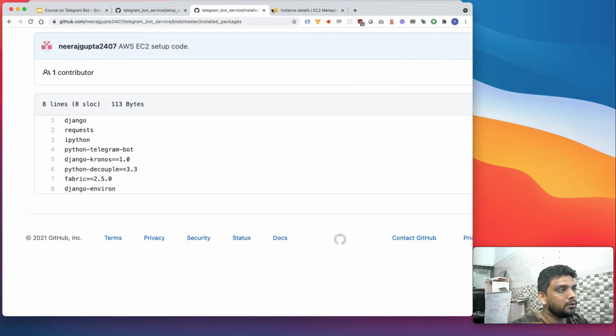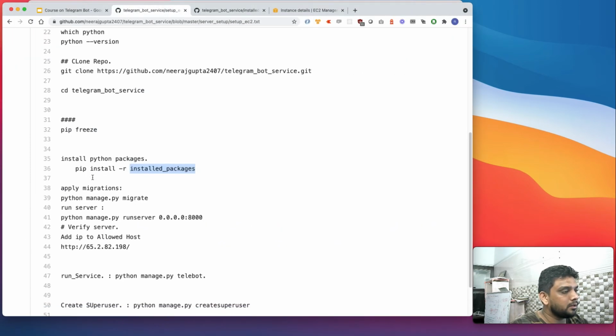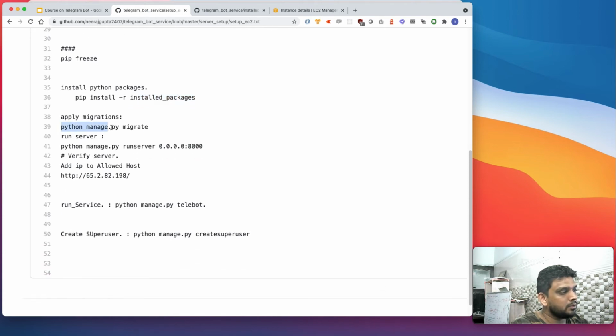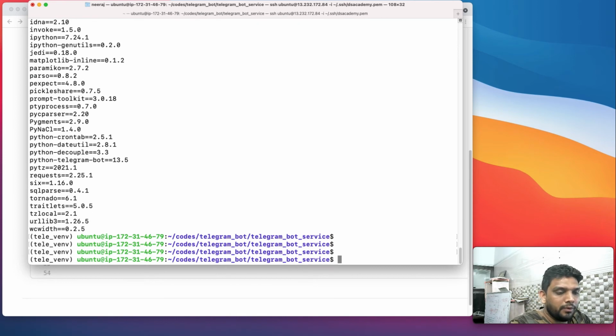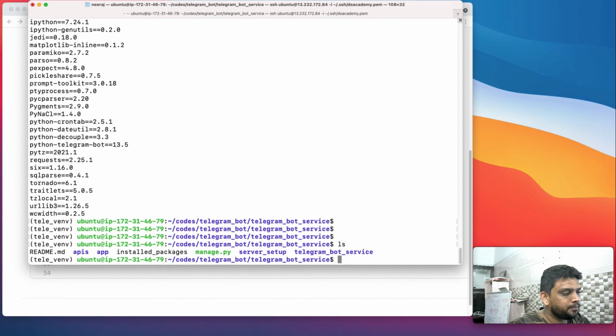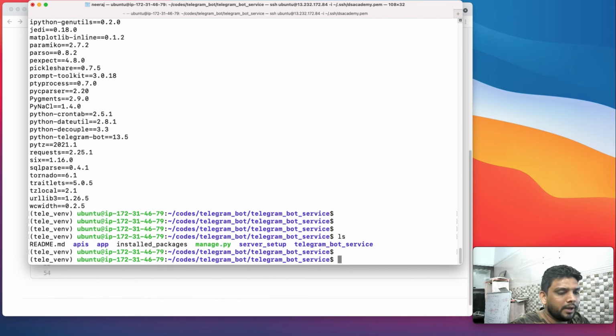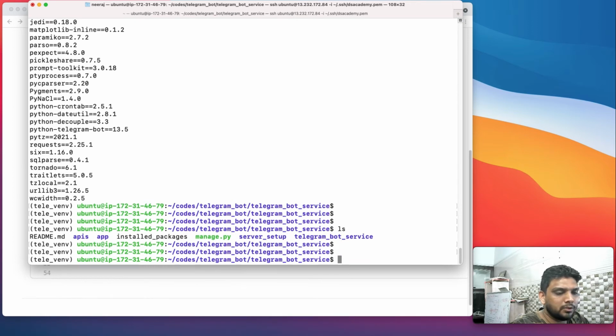So yes, now since our packages are installed, the next step is to run the migration. Here what we are using is SQLite. We are not using any MySQL or Postgres or something like that. If we had used those, we would have to configure those over here, but since it's a very simple project, we are going with SQLite. So essentially we don't have to provide any external Postgres or MySQL configuration.